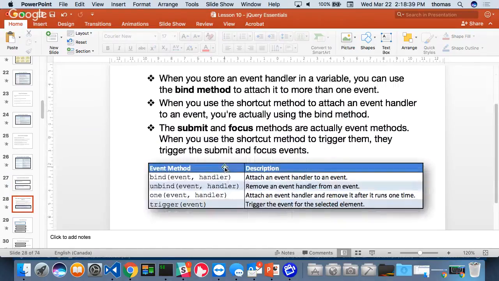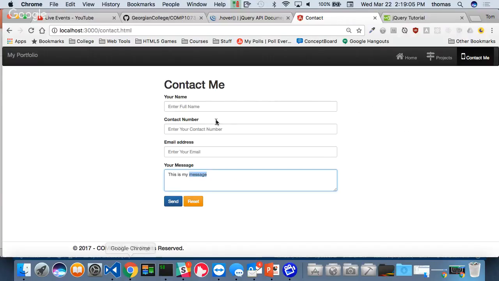Other events we should be aware of: bind, unbind, one, and trigger. Okay. These are interesting. Bind basically attaches an event handler to an event. Unbind removes the event handler from an event. It's like doing add event listener and remove event listener. That's what it's like, okay? So when I bind, I add an event listener of type whatever I want, okay? Again, referring back to our API documentation, right,